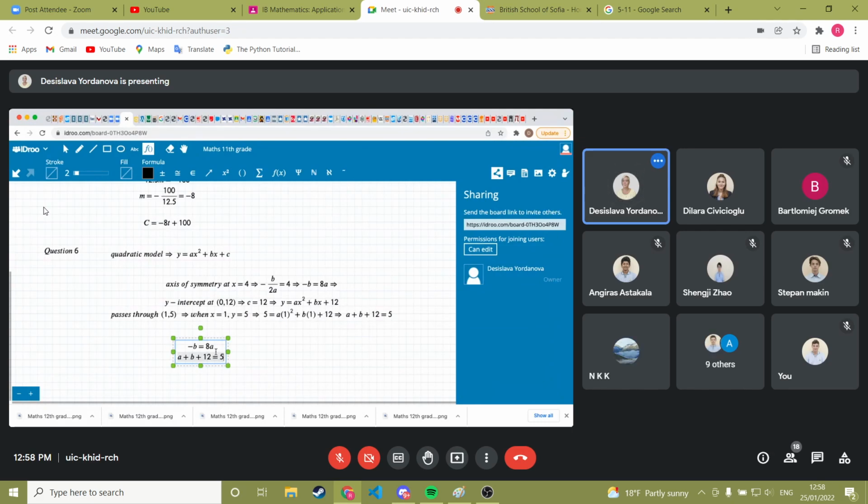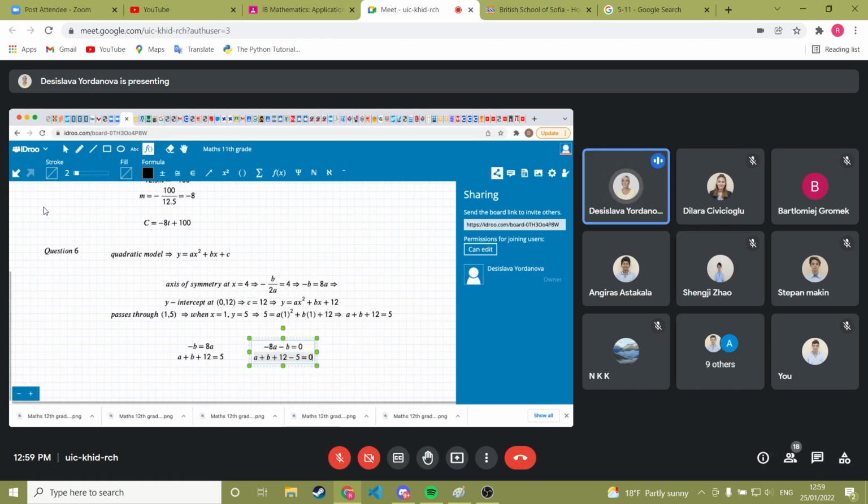How does your calculator want you to enter the equations? In which form? Oh, it's going to be equal to 0. We need to make them equal to 0 and simplify them. So we can write here minus 8a minus b equals 0. This one is done. The other one is a plus b plus 12 minus 5 equals 0, but we need